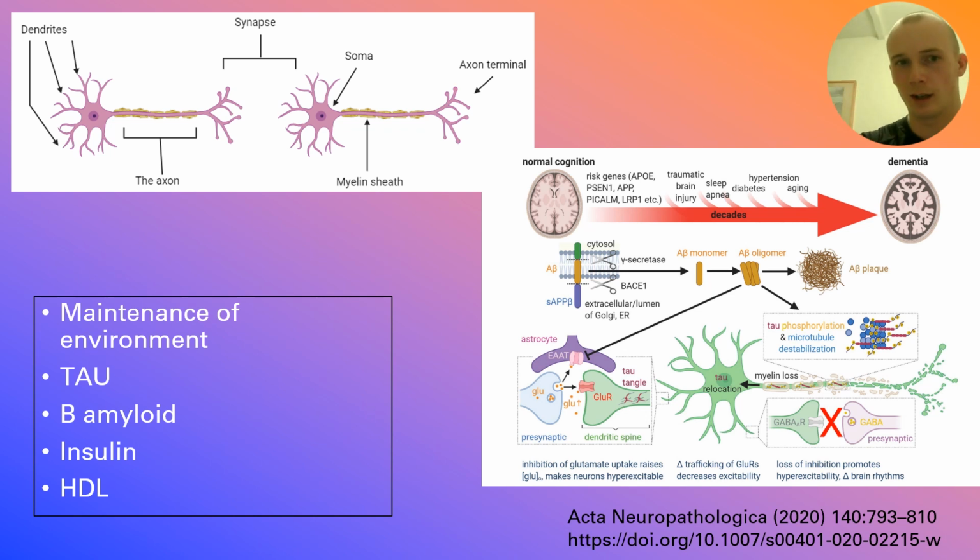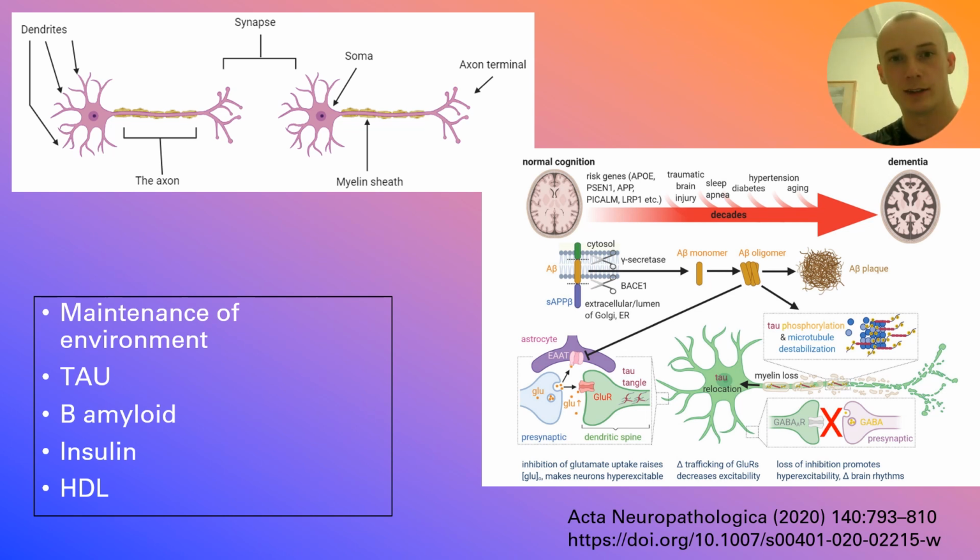And tau aggregates, which are those clumps, they can disrupt normal cellular function, including that axonal transport. And a big reason why it disrupts certain processes is once these clumps form, they tend to migrate away from the axon,